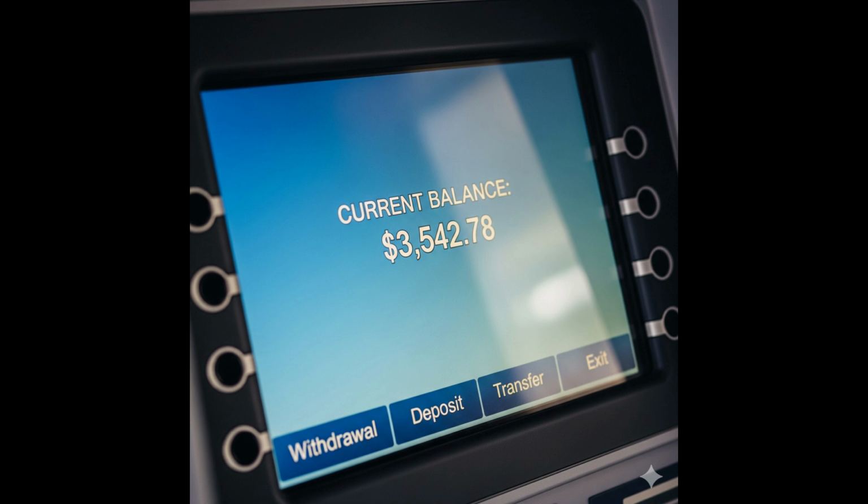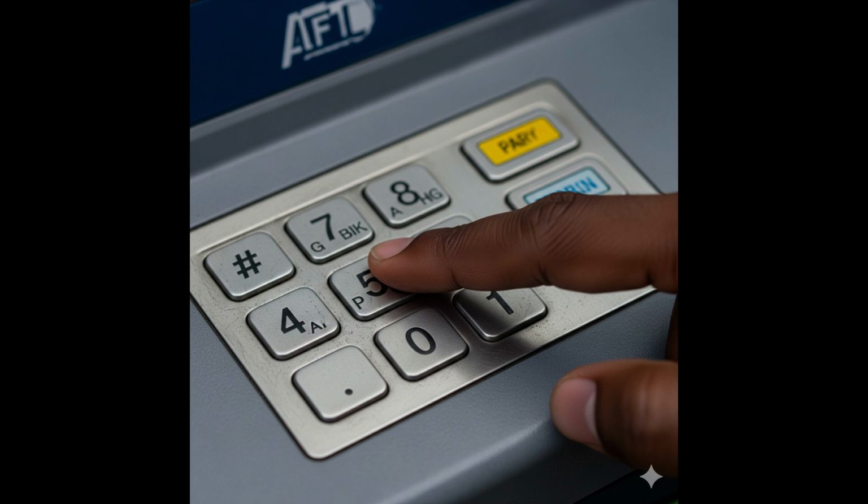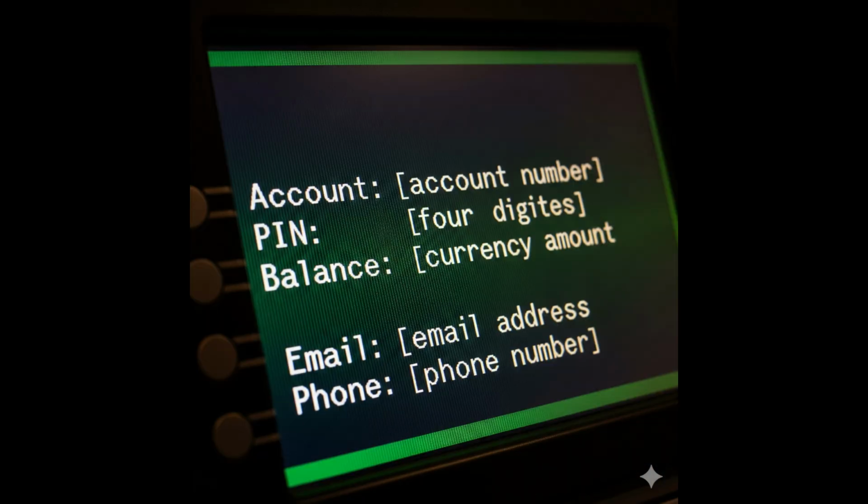The ATM software has a rule to show what is safe and what is not safe. But what if the ATM's programmer made a mistake? What if there was a secret button or a special command that could make the machine show everything? So not just your balance, but also your PIN, your account detail, your phone number, email, etc.